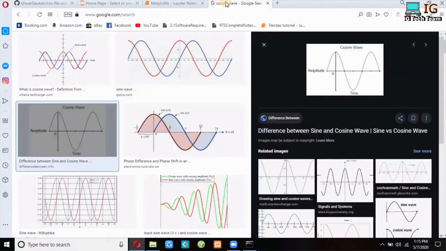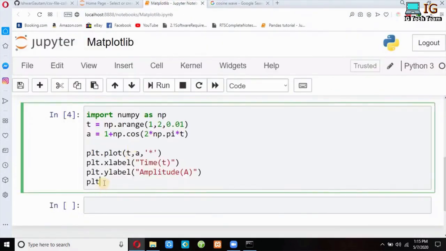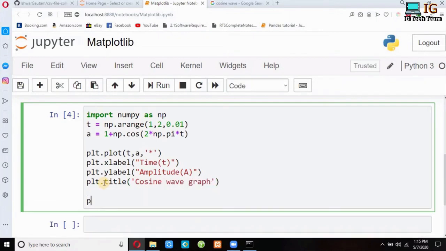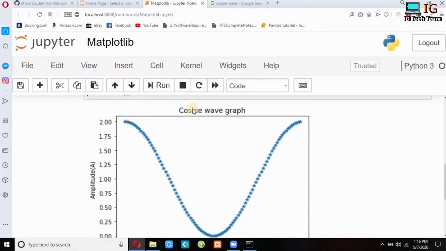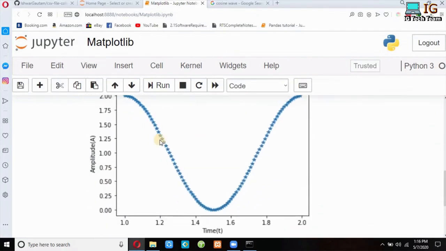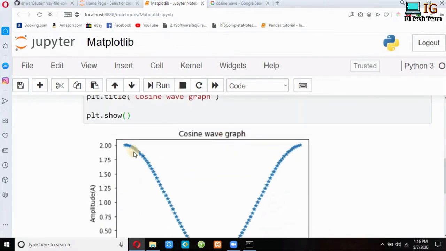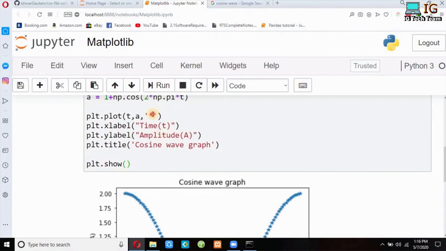And for title, see, title is cosine wave. plt.title, cosine wave graph suppose, and then to display this graph I have to write plt.show, and if I press shift enter, see, in this way we can easily create cosine wave graph using Matplotlib. And this star means this graph is made up of star. If you see here, these all are star, and if I write suppose hyphen, and if I press shift enter,